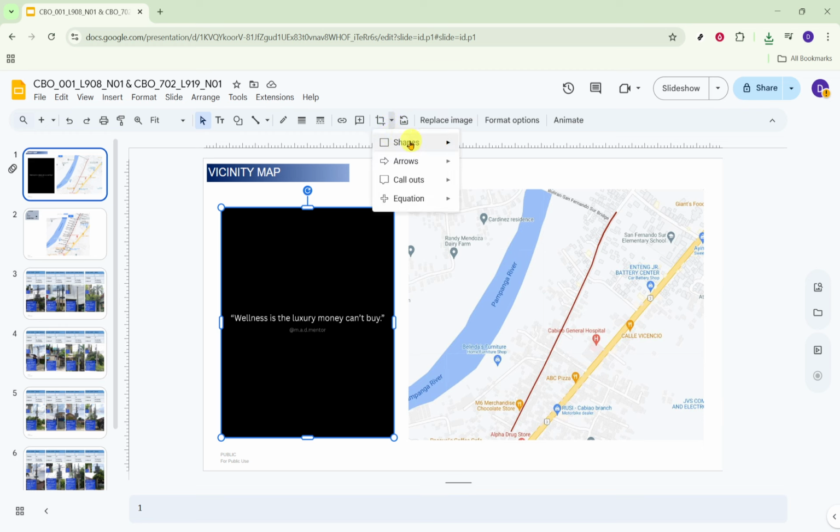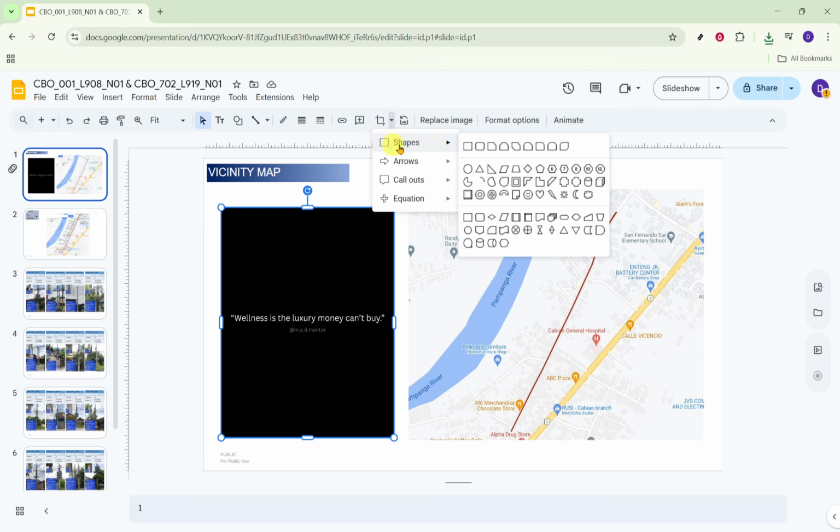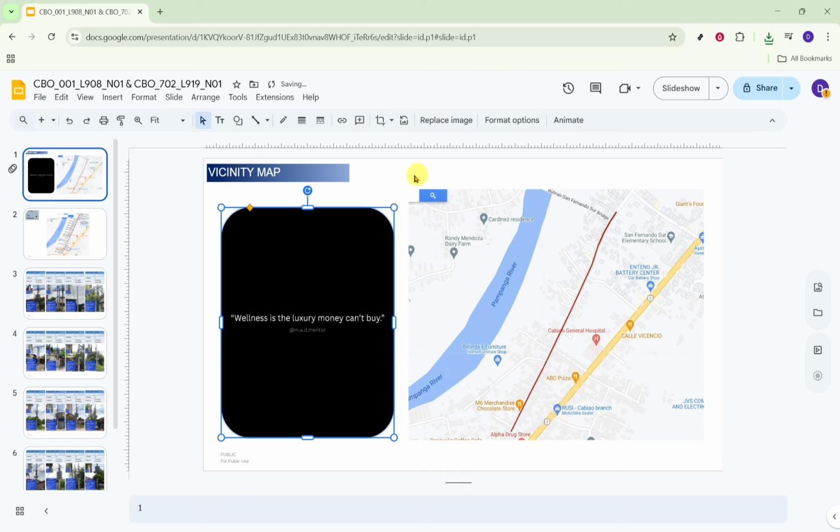A panel of shape categories will appear. Choose the category labeled Shape to reveal the basic shapes you can mask your image into. Among those options, select the rounded shape, specifically the rounded rectangle. Click the rounded rectangle to apply it immediately to your image. Your image now takes on a rounded rectangle mask, giving it smooth, modern corners while keeping the rest of the